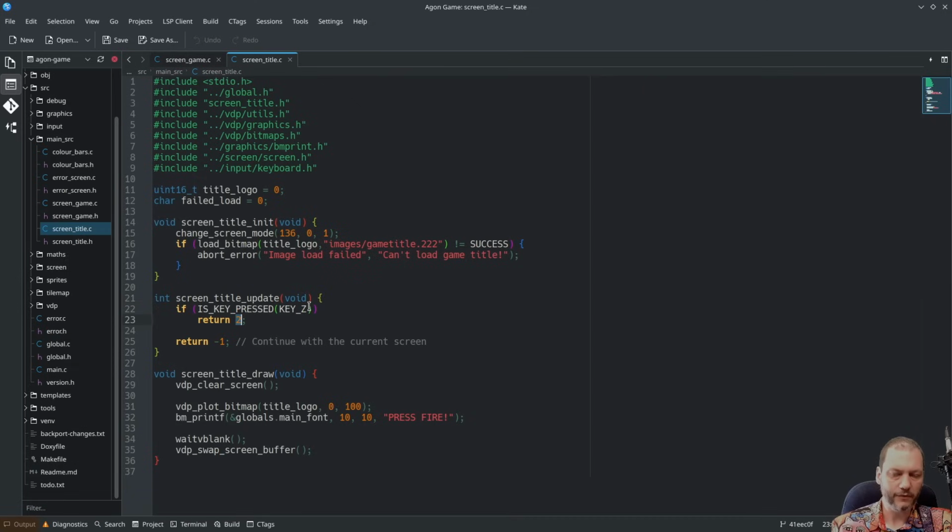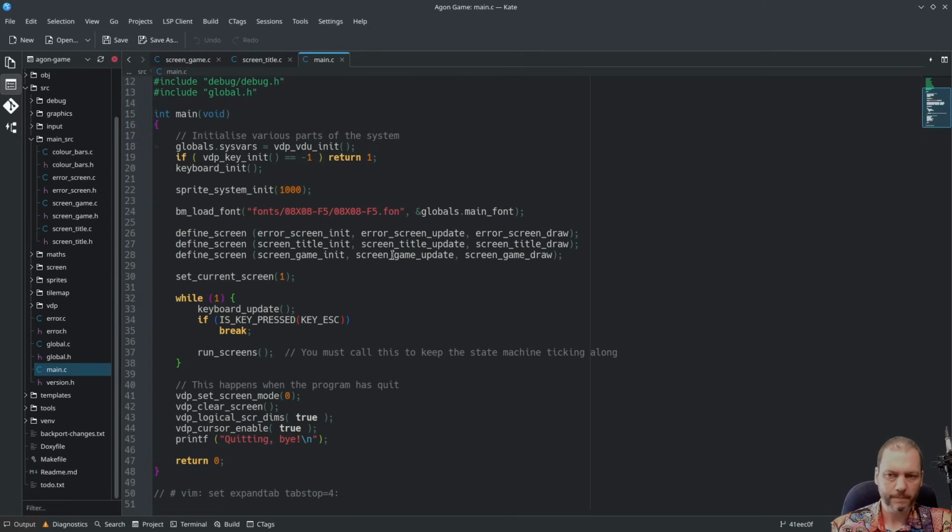So now let's look at how all this is wired together, because at the moment these feel a bit disconnected from each other. Something somewhere must be controlling which of these screens appears. And all that is handled from the main function. So here's good old main.c. What I do in this is I first have to initialize various bits of the hardware, and then I initialize my sprite system that I've got. And we won't go into that today because I'm still building it and I'm still changing it whilst I'm trying to write this game. I load a font,